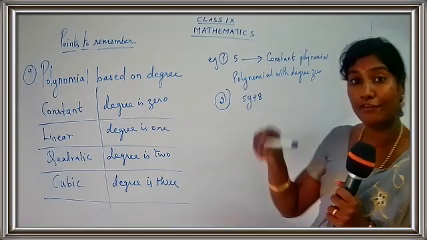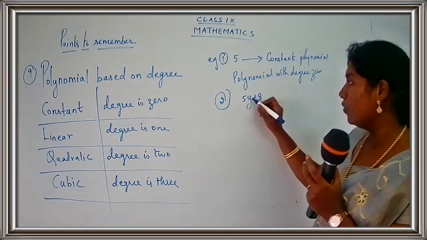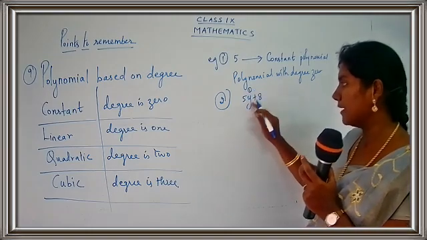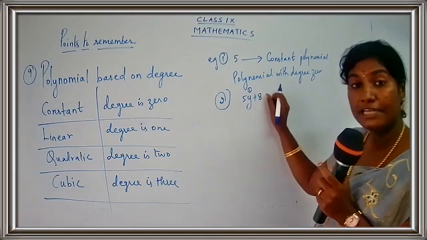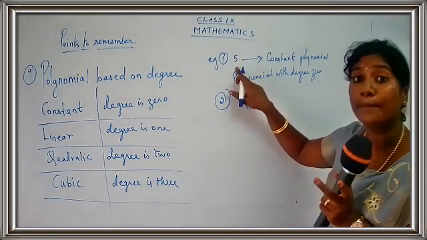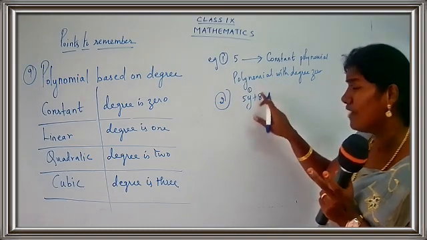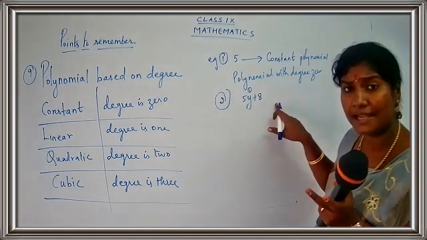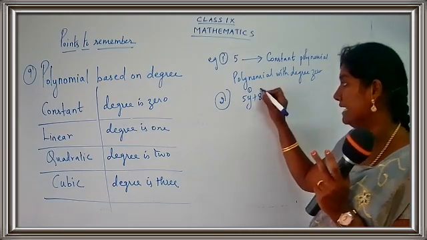So first of all I have to know what are the powers. How many terms are there? Two terms are there. What is the power here? The power is 1. What is the power for y? 1. Here it is alone a number. If only a number is present, I have told you, that means the degree will be 0. So here no variables are there. No alphabets are there. So what is the degree here? The degree is 0.